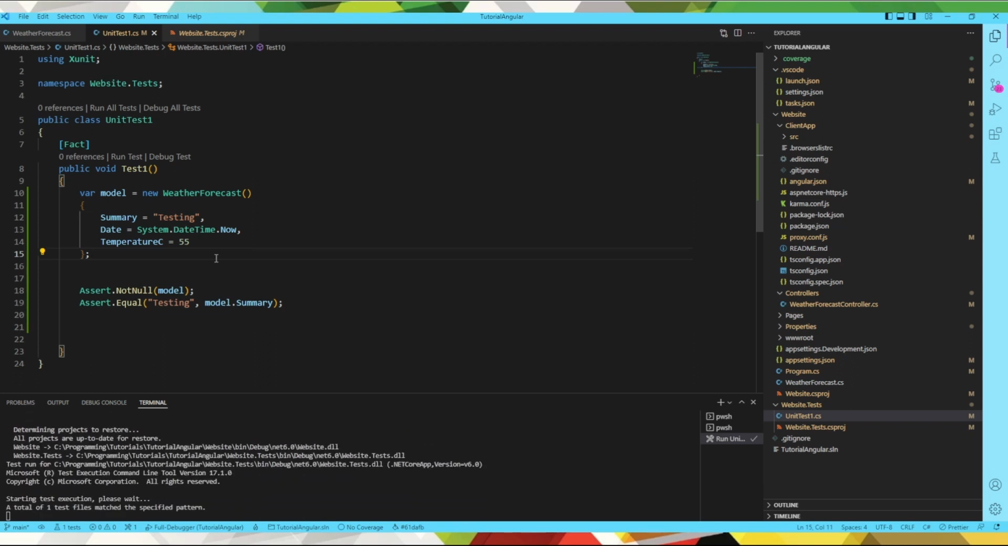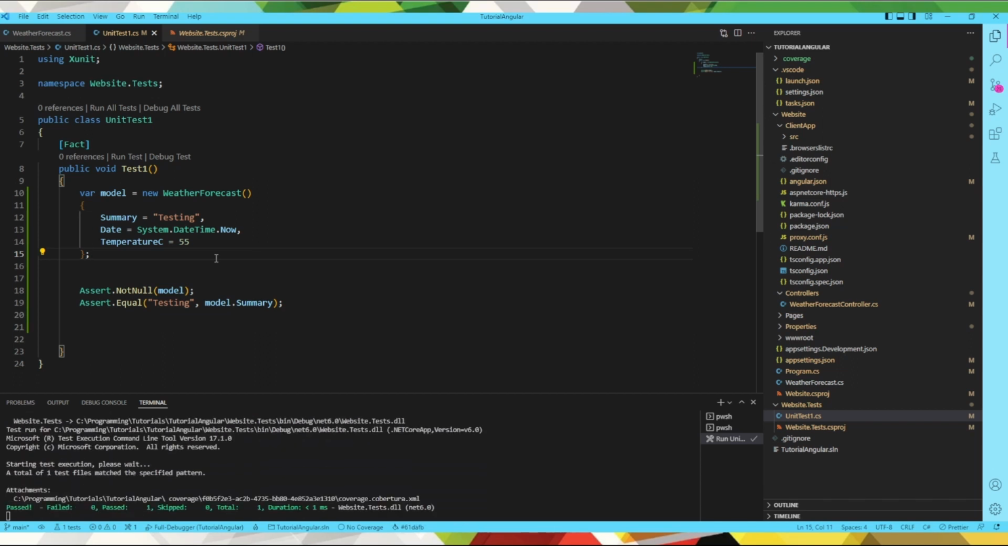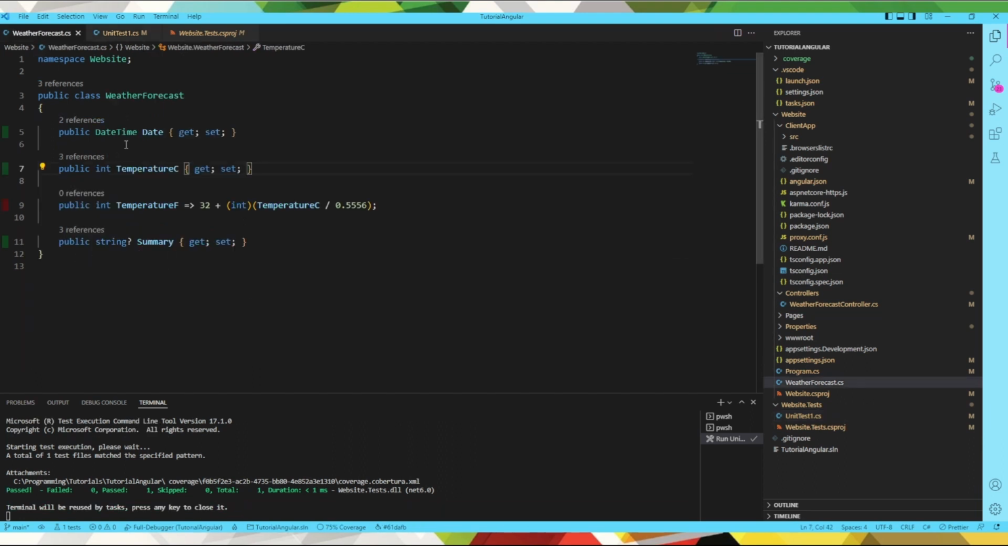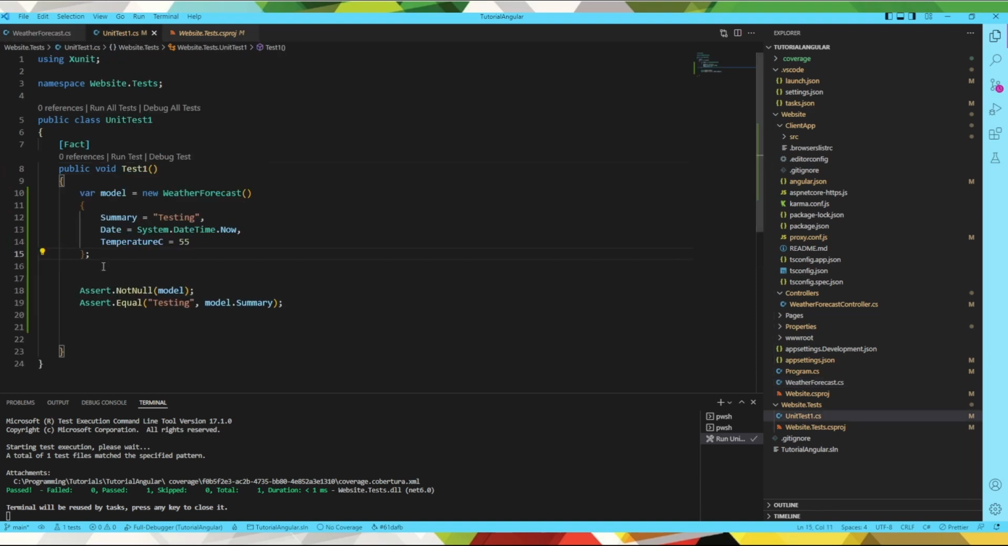And you can see that once our tests pass, we'll go back to our weather forecast. And now you can see that our code coverage is at 75%. And we have 3 of the 4 properties being tested. Now we can't set that last property because it only has a getter on it. So maybe what we can do is just say model,